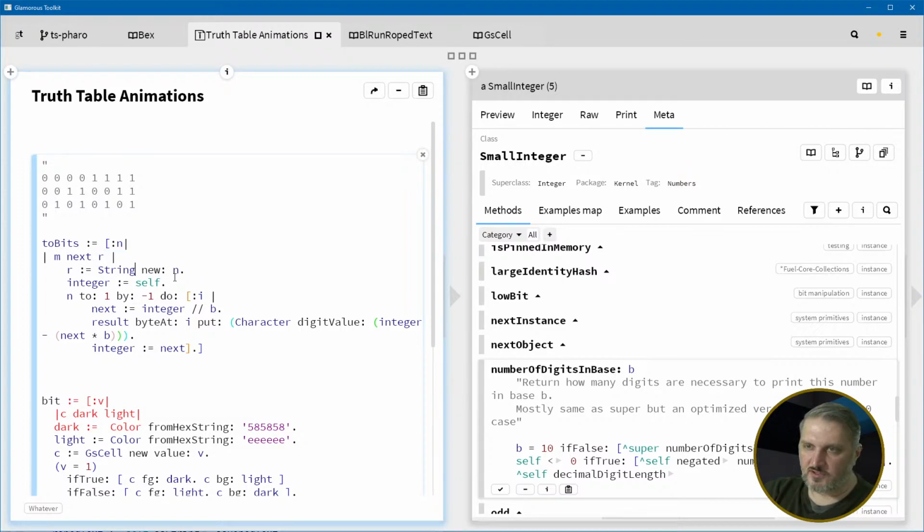So result is a byte array new. I guess we'll have length k. So we'll give it how many bits to use. So n, so k to 1 by -1, so n, and we'll call that